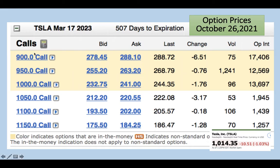This one, you already have some money, in the money. Basically, you're not losing all the money, right? So, anyway, we look at this one. The expiration date is March 17, 2023, basically 507 days from now to the expiration date, right? So if you buy this call option, say the strike price is